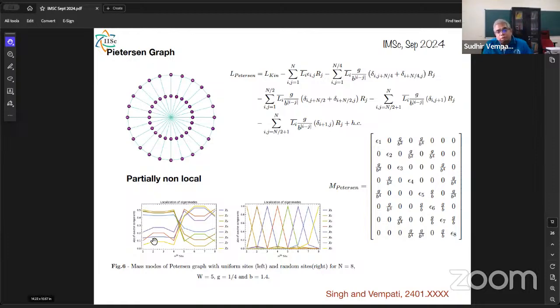Okay, so half of the sites are really, so in between there is an intersection, and a lot of the modes are sort of things essentially. So along the left, you can see on the left-hand side graph. But the moment you put in randomness in all these couplings, you have all the modes localized at whatever site